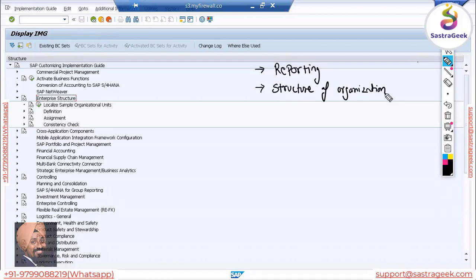Structure of the organization. So basically, when you are running any company, it has some structure, right? In that structure there are multiple geographical locations and multiple legal entities. It can have three or four different companies, working in the pharma sector, the chemical sector, in the US, in Canada. So multiple kinds of structure would be there. It can be a geographical structure, or different segments of the business. Within this structure, you would have a legal company.